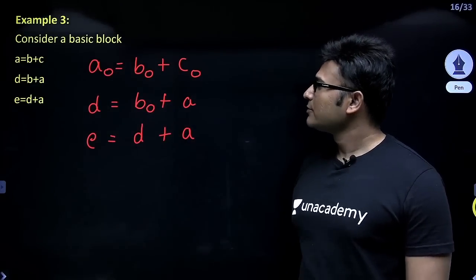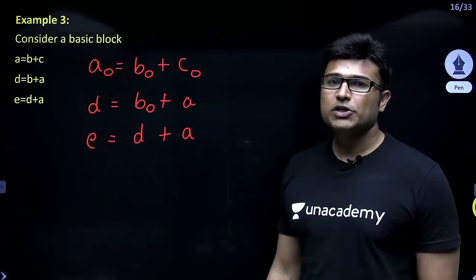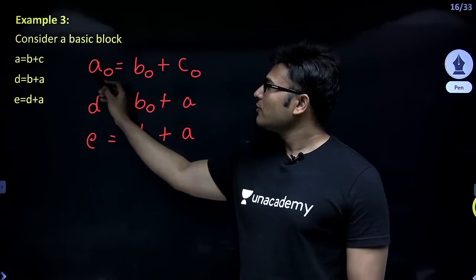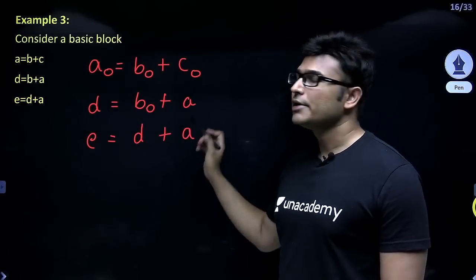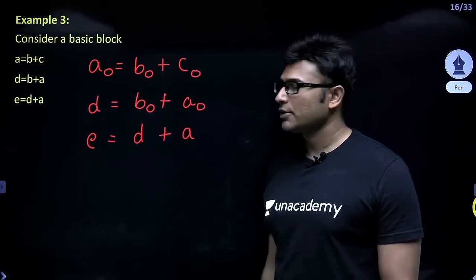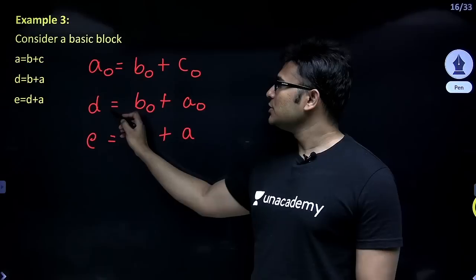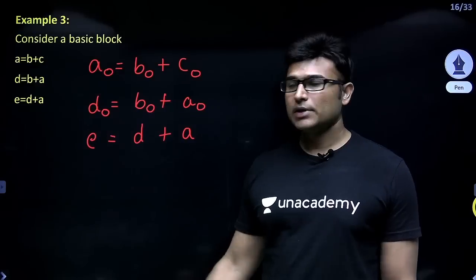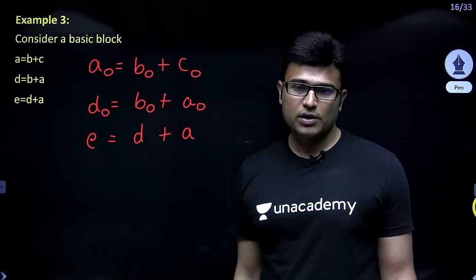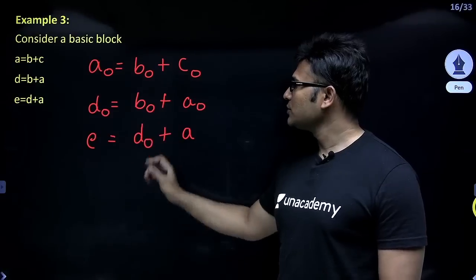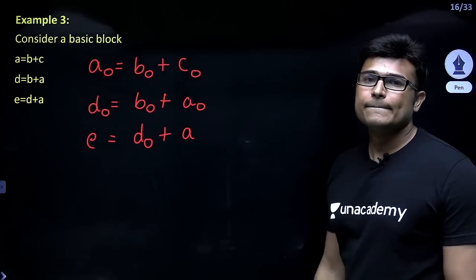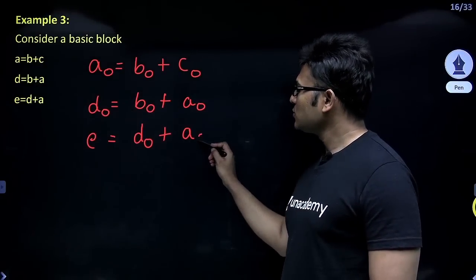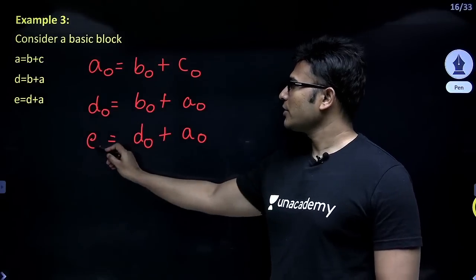And here let us say I am using A0. When I use A here, is the value of A0 or is it changing? From here to here, is the value of A changing? Whatever value is there here, the same value will be here, therefore the same variable, so A0, right? And here I will use D0. Okay, now is this D and this D same? Are they changing or are they the same? They are the same, so I am going to use D0. Are you getting this? And what about A? A is also not changing, A0, right? And E is also not changing, E0.